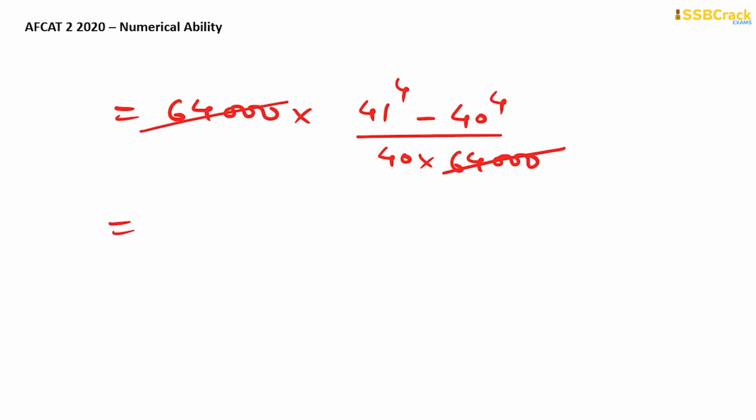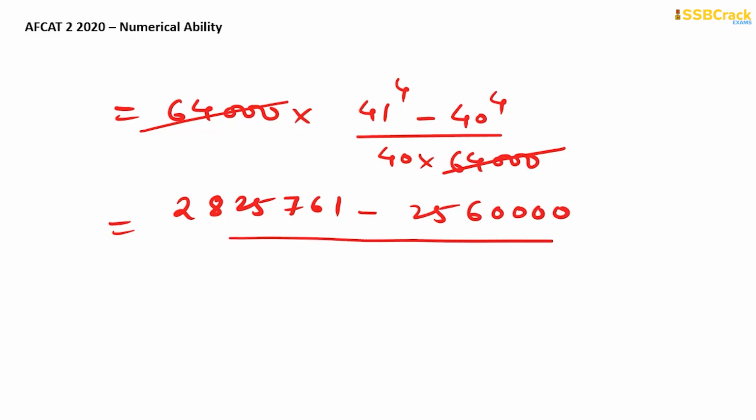In the numerator calculation, 41 to the power 4 you get around 2825761, and this is minus 40 to the power 4, which is 2560000, 4 times 0 divided by 40 we have. So the difference we're going to get is around 265761, and this is divided by 40, which gives the final answer,